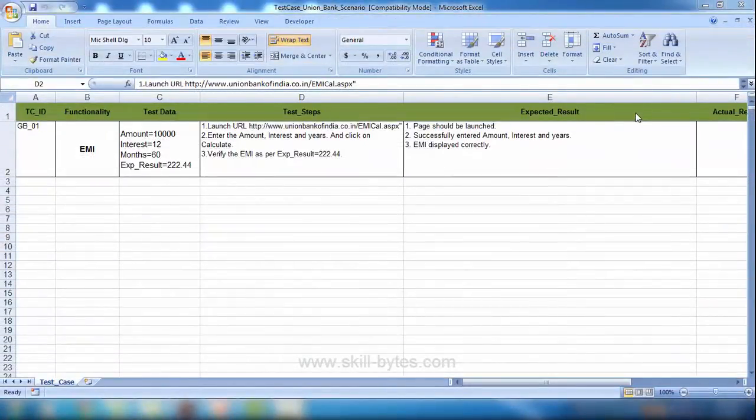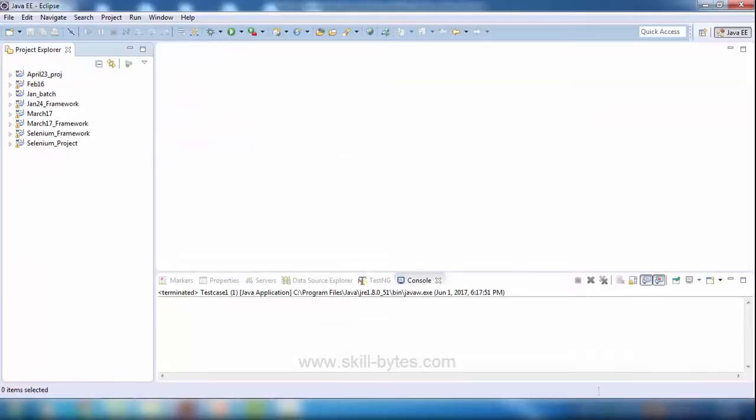Now let us start writing the test script for this test case. Where exactly do we write our code or the test script? Basically we write our code in Eclipse. This is the editor where we write our code. This is the place where we get the output, and we store our Java files, or we create a class